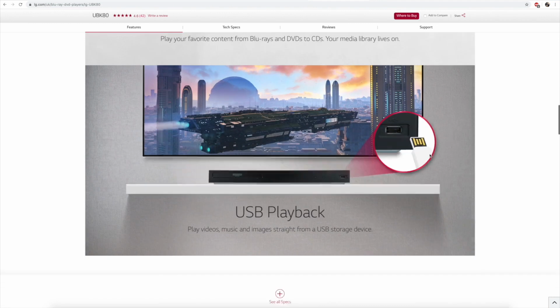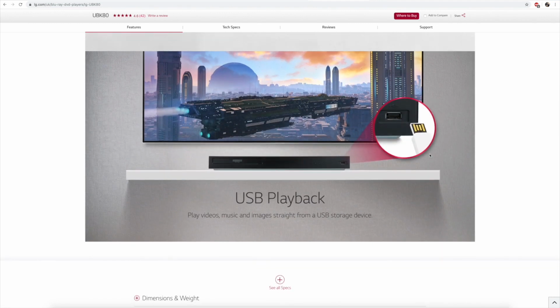This way, the intermediate user that is not familiar with the technology can also understand right away that 4K has to do with the quality of the image. The USB playback means that this Blu-ray player has a gate where a USB pen drive can be inserted, and so on. If you sell similar products and your customers can get confused trying to understand the differences between the